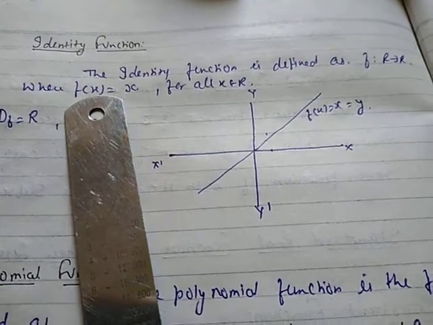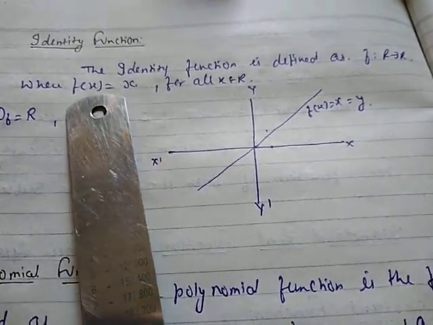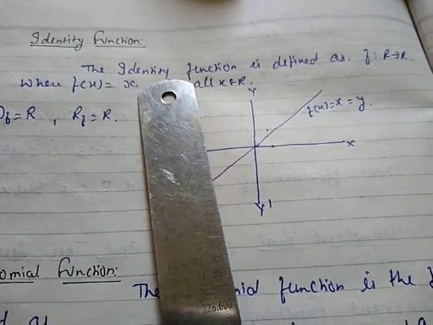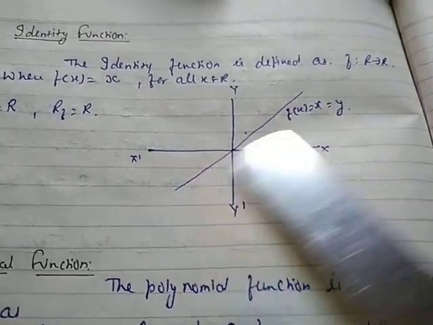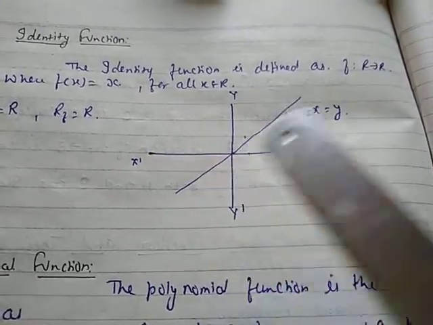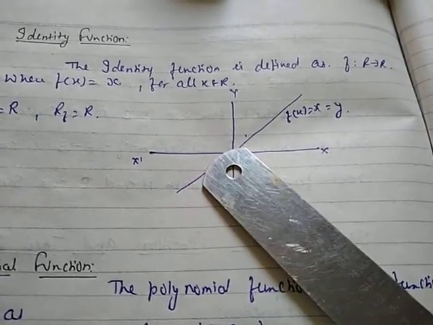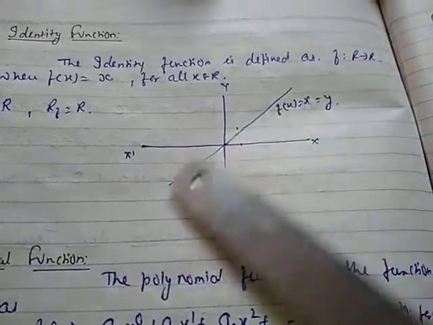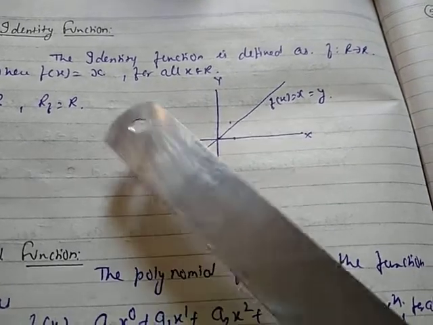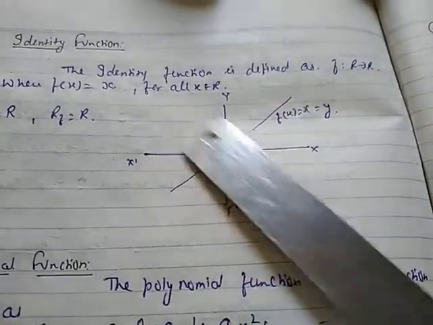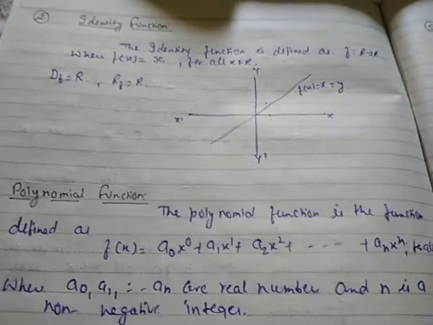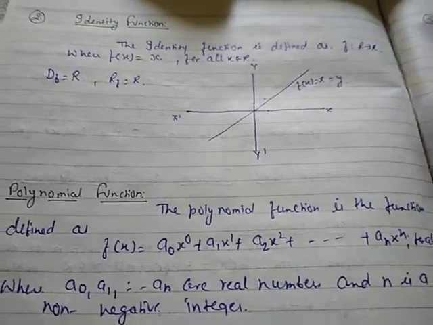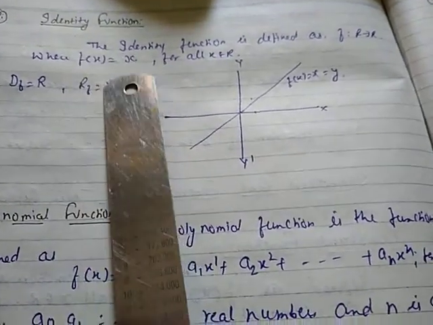If f(5) is asked, it will give you 5 because y = x. This is your y = x. Definitely no constant term is here, therefore it gives you a straight line which passes through the origin and the first and third quadrant. If f(x) = -x, then it will be from the second to fourth quadrant. Okay, so the identity function is f(x) = x. This is your identity function.